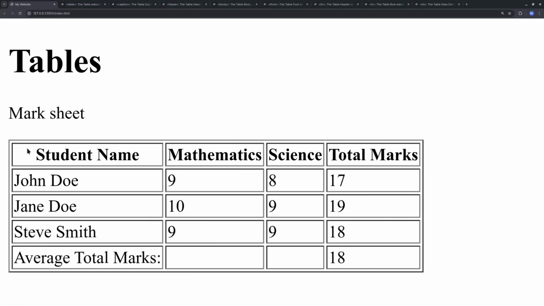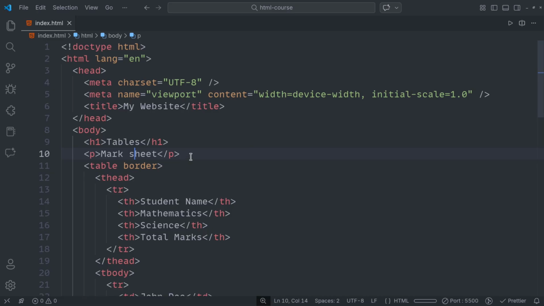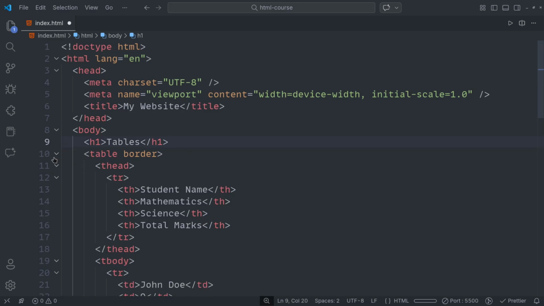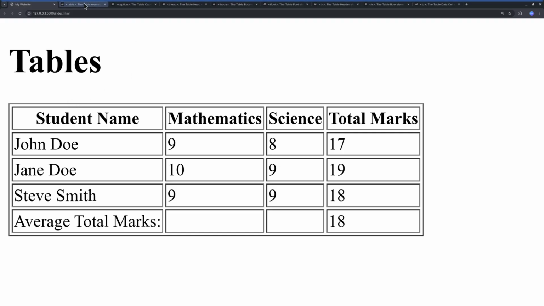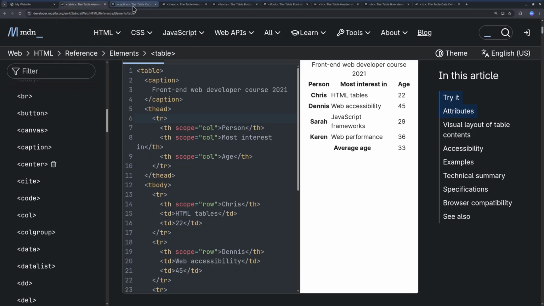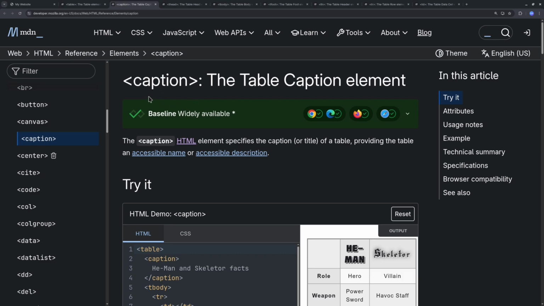Hit save. Now, as you can see, our table has some sort of connection to this mark sheet, but it is a visual connection, right? We can see that. But for a person who is using a screen reader, it will make no sense, right? So if we want to create a proper caption, then we want to use a different method. Okay, so I'll just get rid of this one. Okay, all right, and go to the browser here,